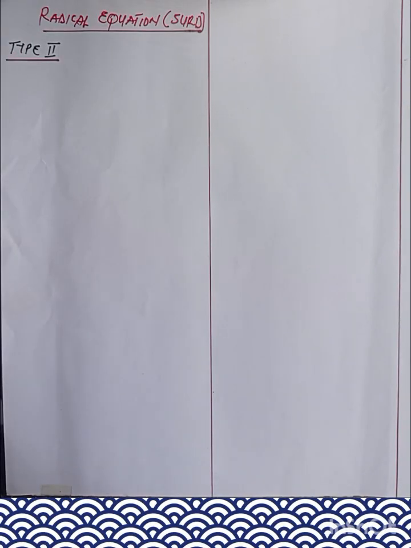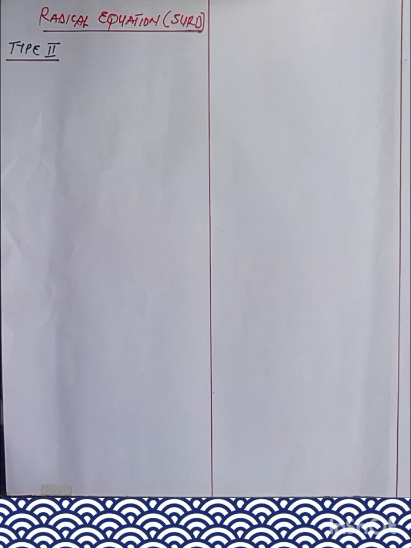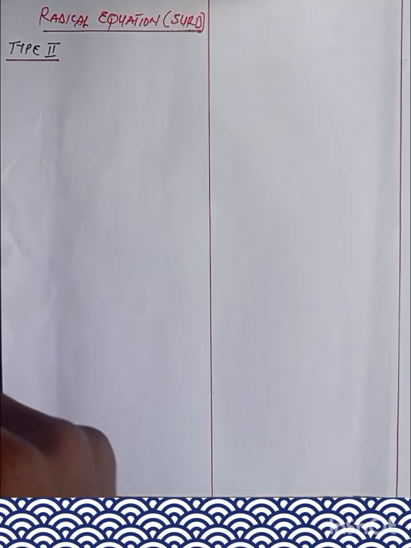Looking at radical equation, or surd equation, type 2. Type 2 questions under surd equation or radical equation are usually equations which involve operations of two different radicals. It means that we are going to have two different radicals in one question, and then we have to solve it. An example of such